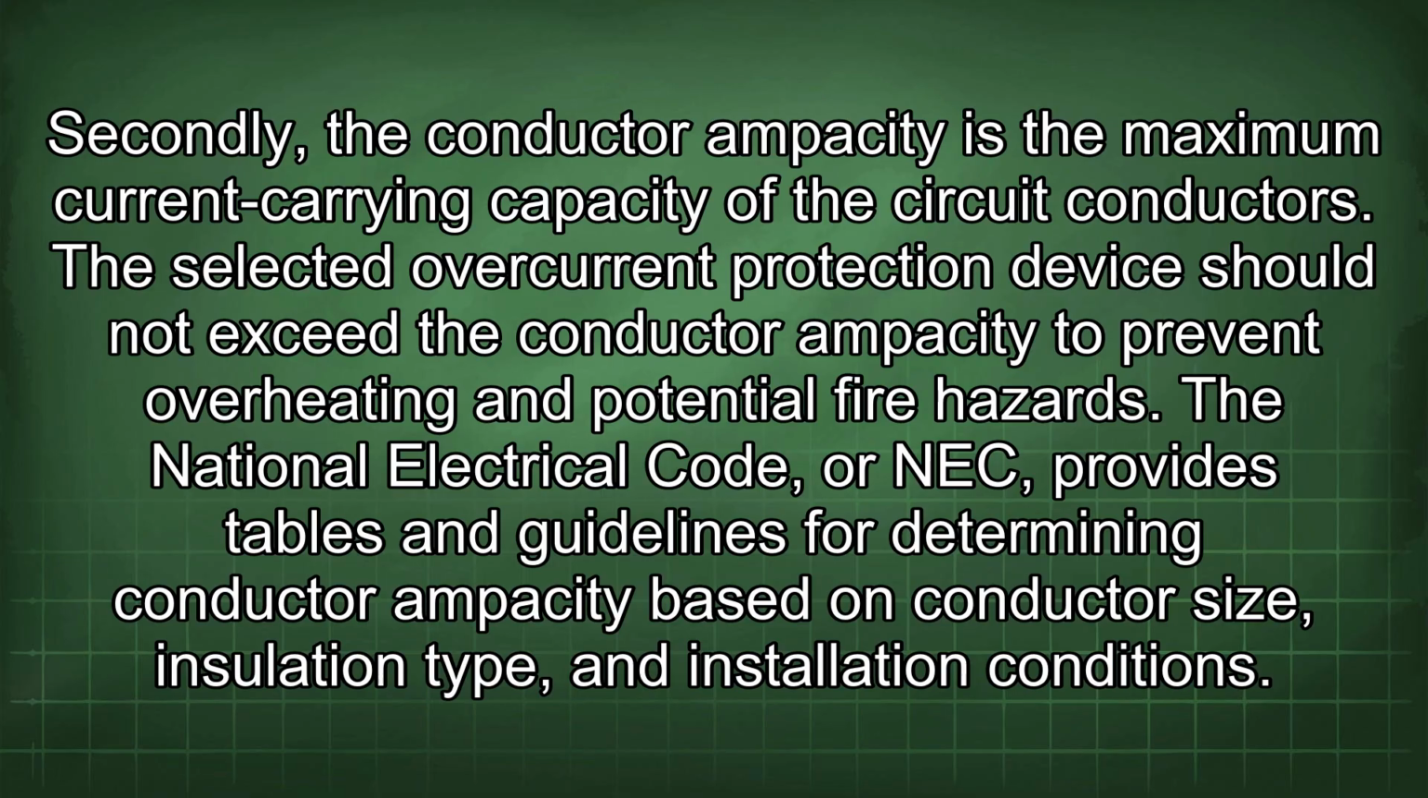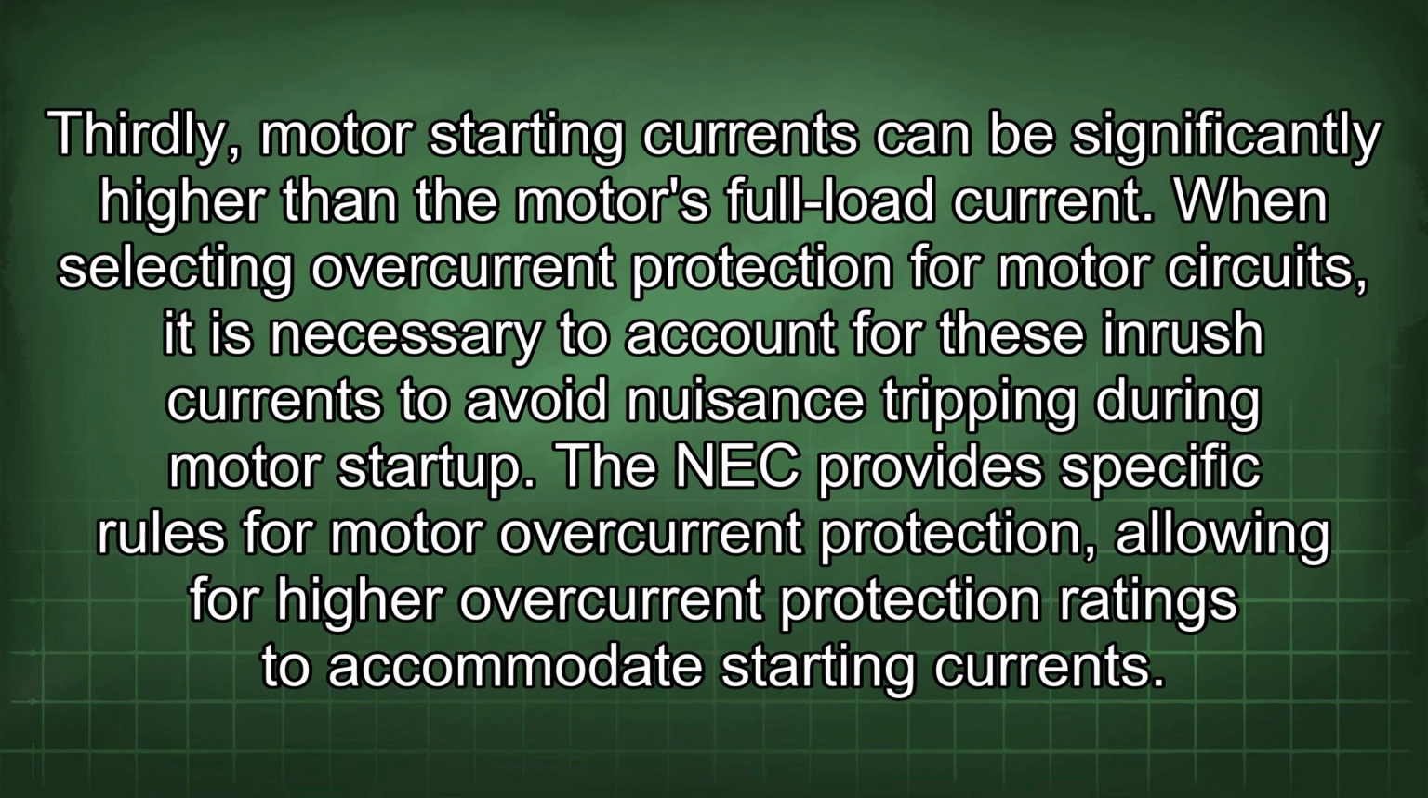The selected overcurrent protection device should not exceed the conductor ampacity to prevent overheating and potential fire hazards. The National Electrical Code, or NEC, provides tables and guidelines for determining conductor ampacity based on conductor size, insulation type, and installation conditions. Thirdly, motor starting currents can be significantly higher than the motor's full load current. When selecting overcurrent protection for motor circuits, it is necessary to account for these inrush currents to avoid nuisance tripping during motor startup. The NEC provides specific rules for motor overcurrent protection, allowing for higher overcurrent protection ratings to accommodate